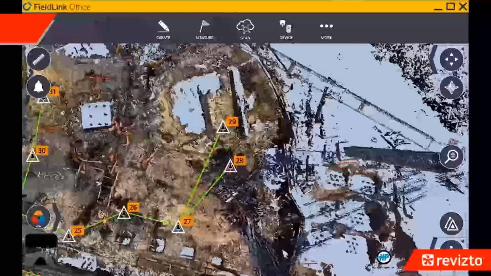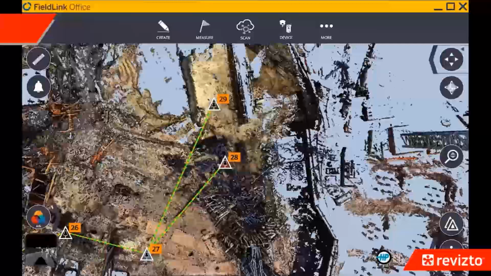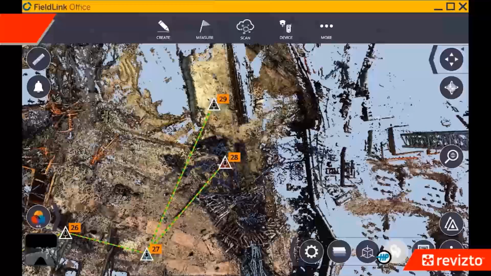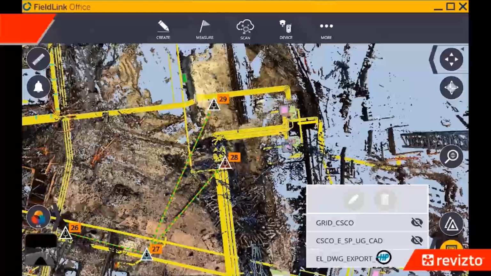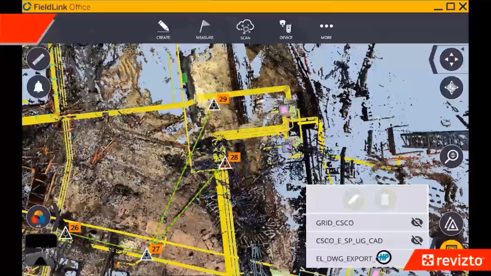Those 30 scans took about 2 hours to do. It actually took longer to go through the site safety orientation, especially with the extra COVID stuff, than it did to actually do the scans when we were on site. So here you can see we can bring in on the tablet as well, we can bring in 3D models,